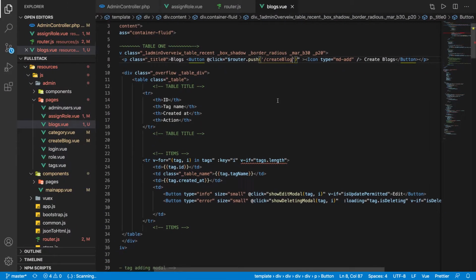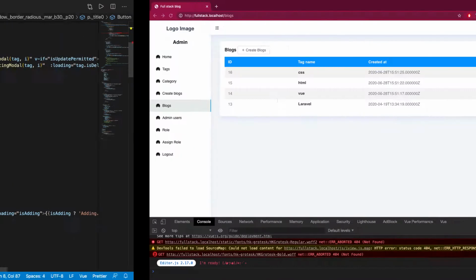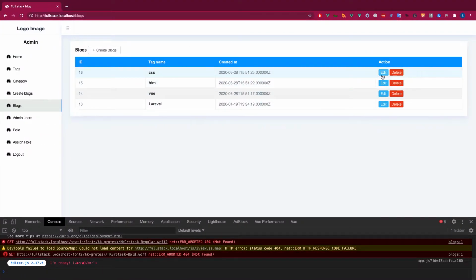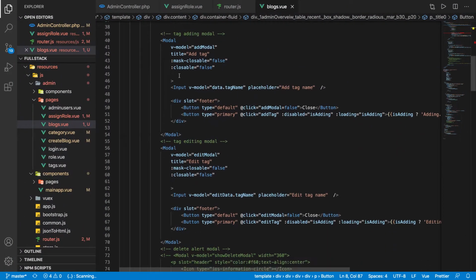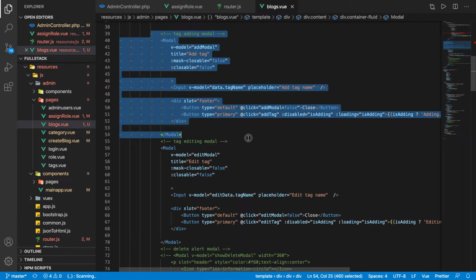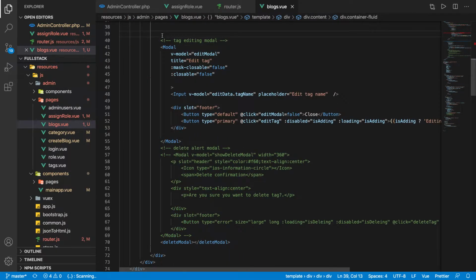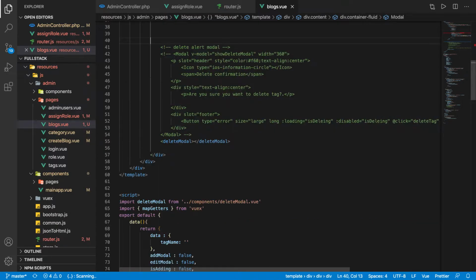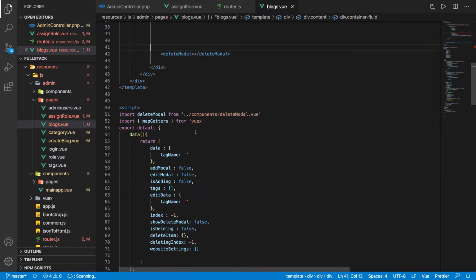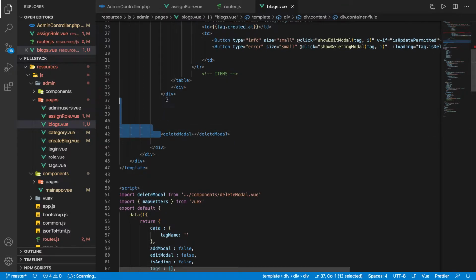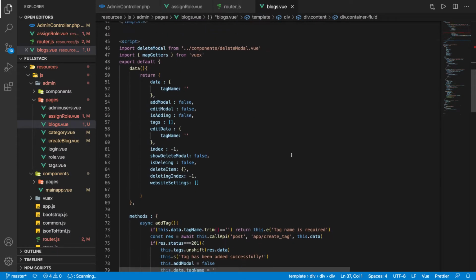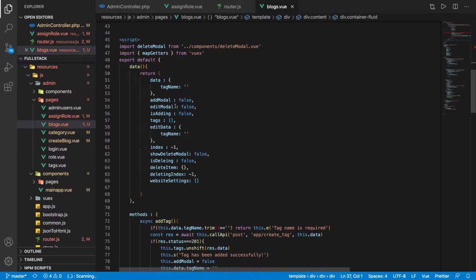Perfect. So that's really nice. And what we have, we will be deleting it, and we will just edit it. So edit will take it to another page as well, and we will just do delete things only. No editing here. No adding stuff here as well. We should have only delete modal. So delete modal should stay here. We will be deleting the items. That's fine. We are not going to add anything, edit anything, so